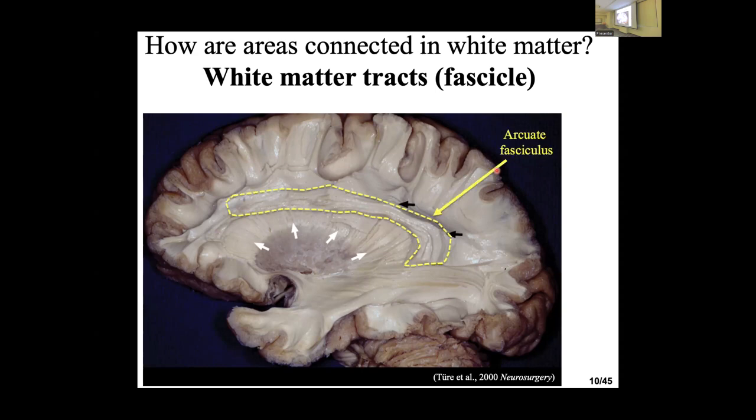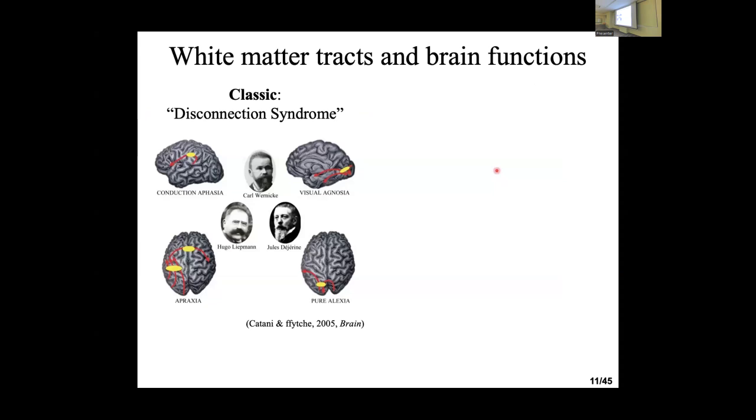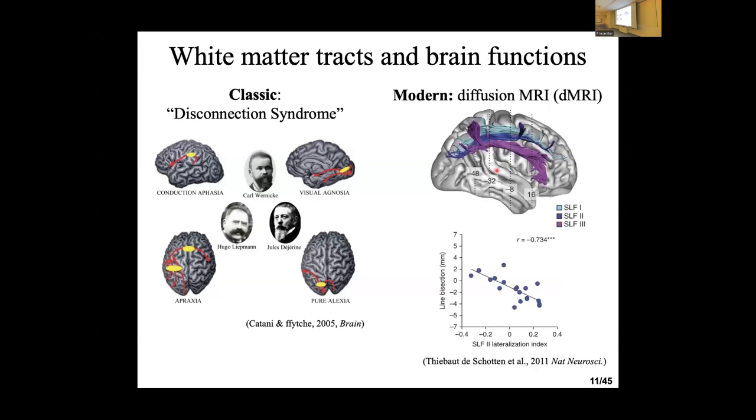This is just an example. It may be already too much because it has been repeated a couple of times, but we know that loss of a particular white matter tract causes a disconnection syndrome or loss of a particular brain function, as in older studies. In modern cases, we can just use diffusion MRI to measure white matter bundles from the living human brain. The previous talk already covered the method, so I can skip the details. This is one example about SLF 1, 2, 3 from Michel's study.